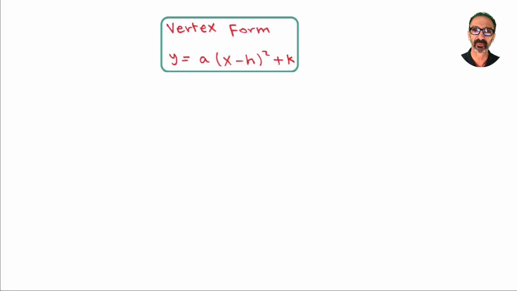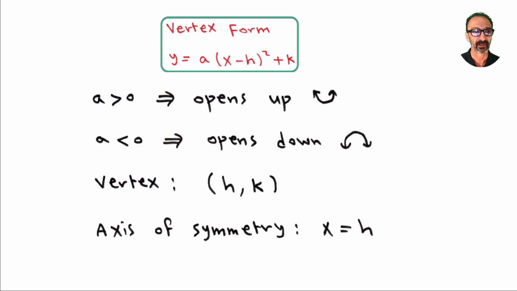The vertex form is y equals a times (x minus h) squared plus k. If a is positive, the graph, or the parabola, will open up. If a is negative, the graph will open down, and the vertex will be (h, k), this part here